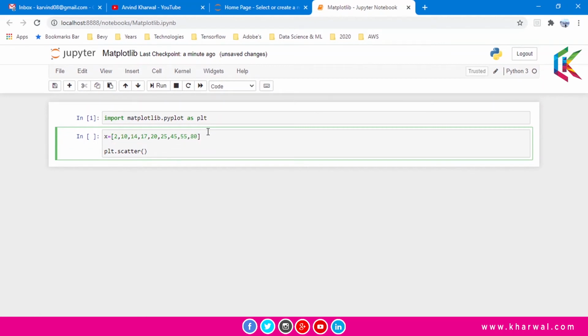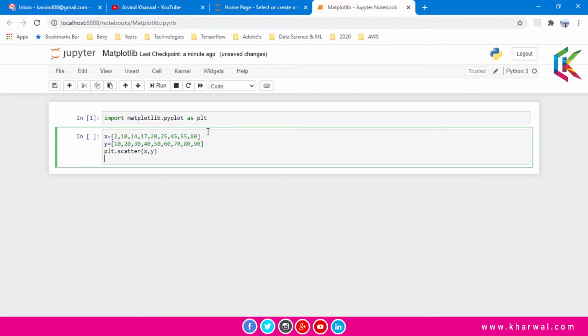Now let's add the second list for y-axis data. Now I am going to pass these parameters to the scatter method.